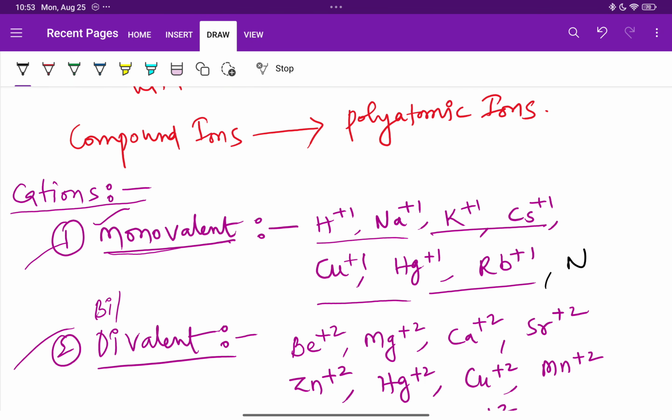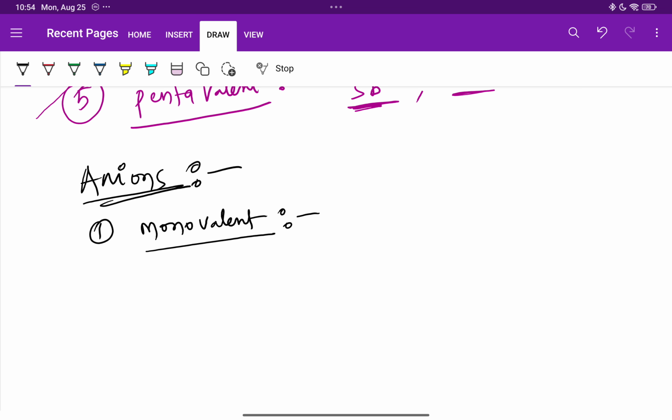NH4 plus 1 is called ammonium cation, belongs to monovalent. And next, anions. Anions are broadly classified again into monovalent or mononegative. Monovalent anion means the atoms which have minus 1 charge on them, like H minus 1, F minus 1, Cl minus 1, Br minus 1, I minus 1,